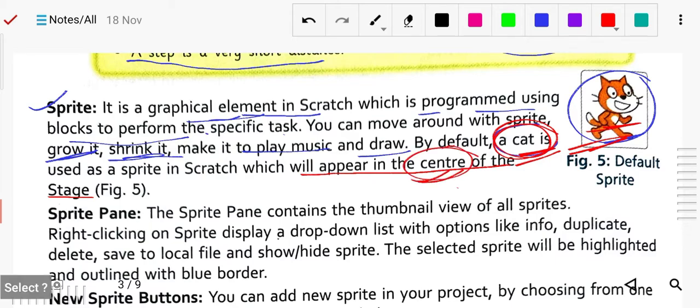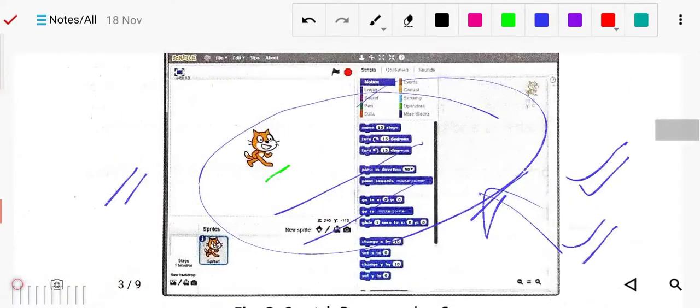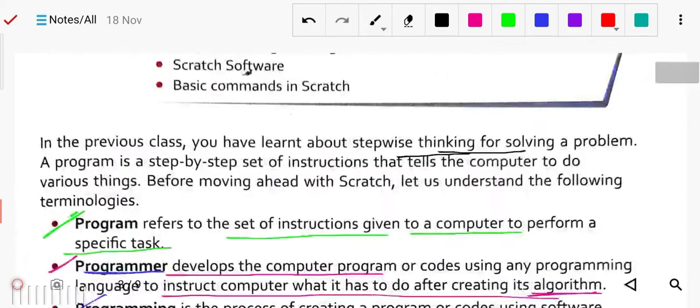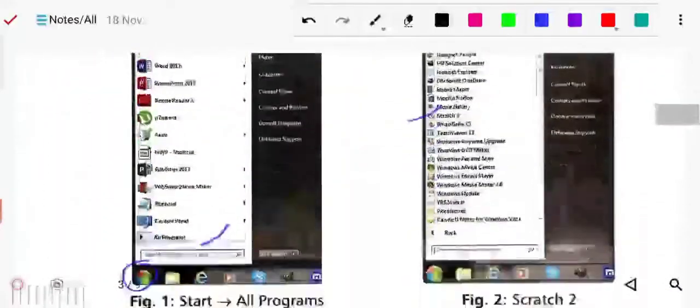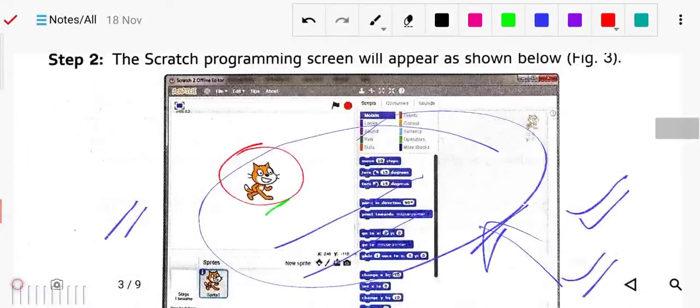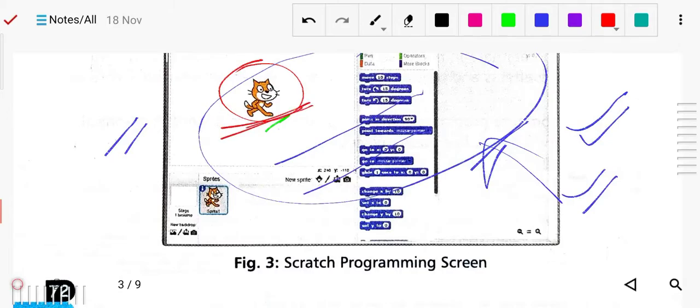Do you know what the stage is? This part is called the stage, where Scratch is running. And this part is your sprite pane.